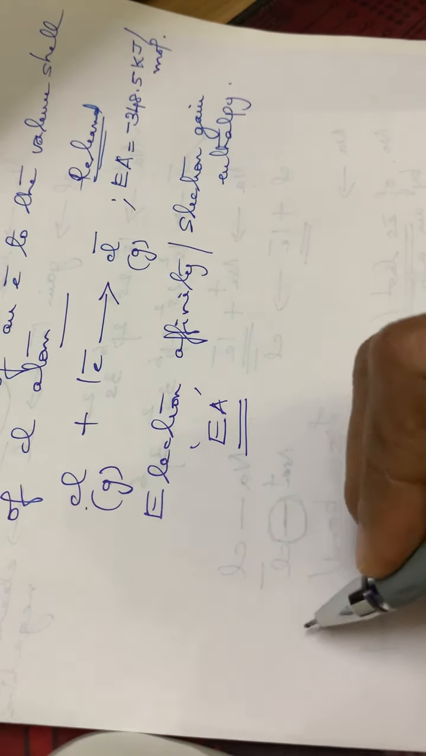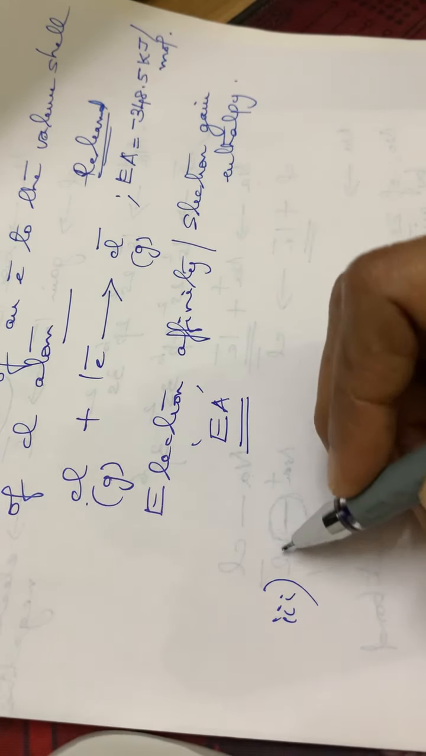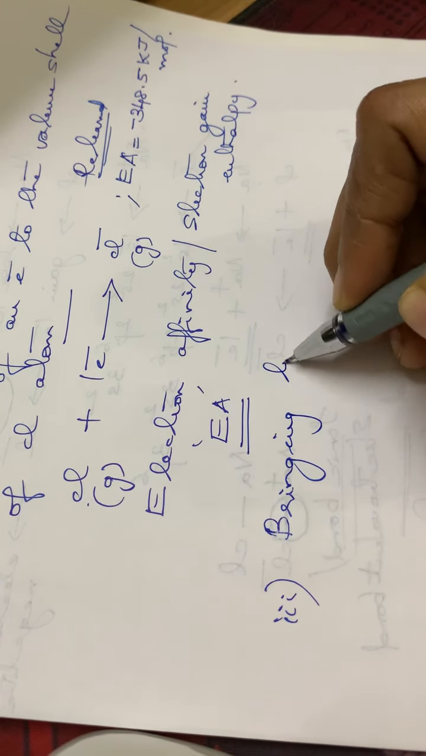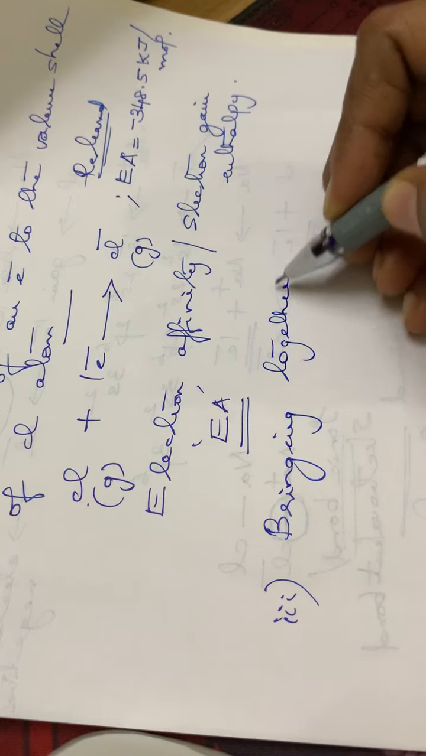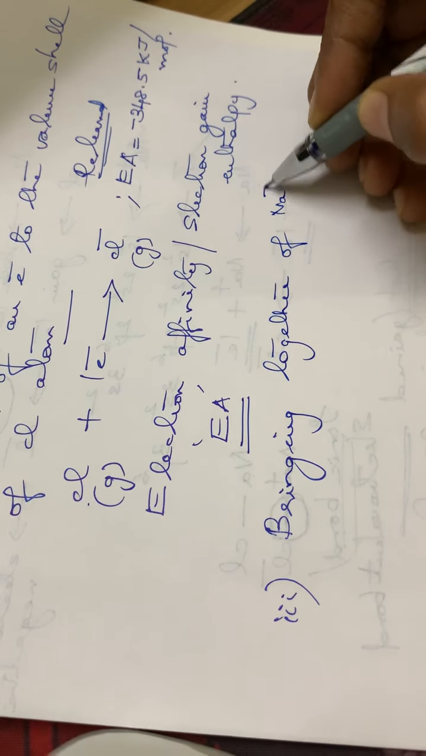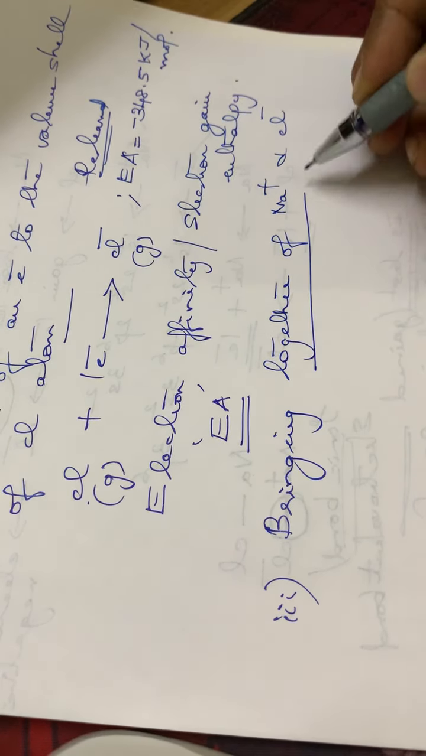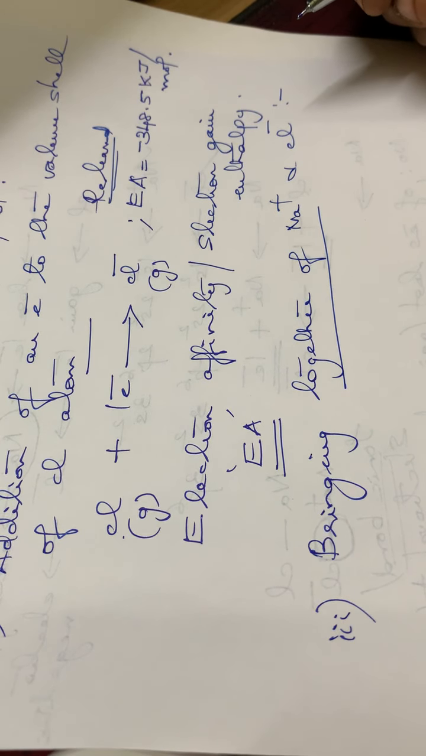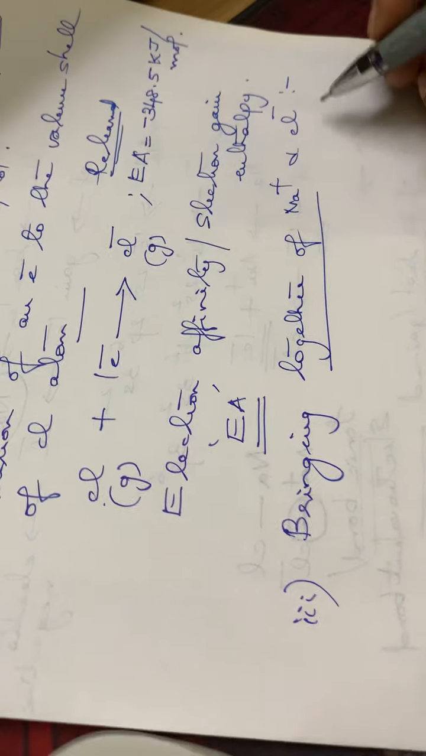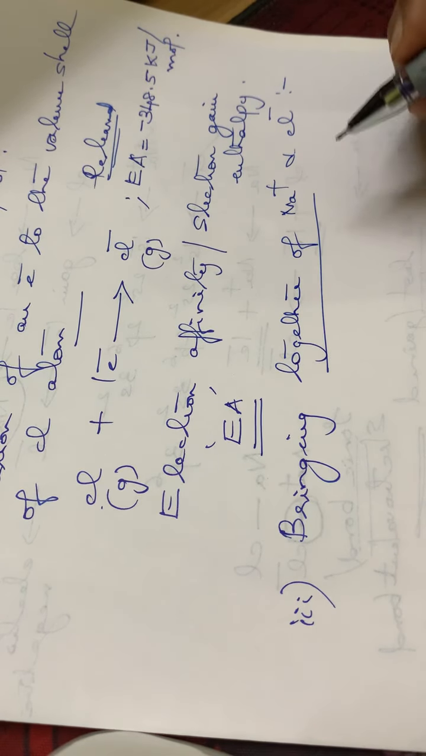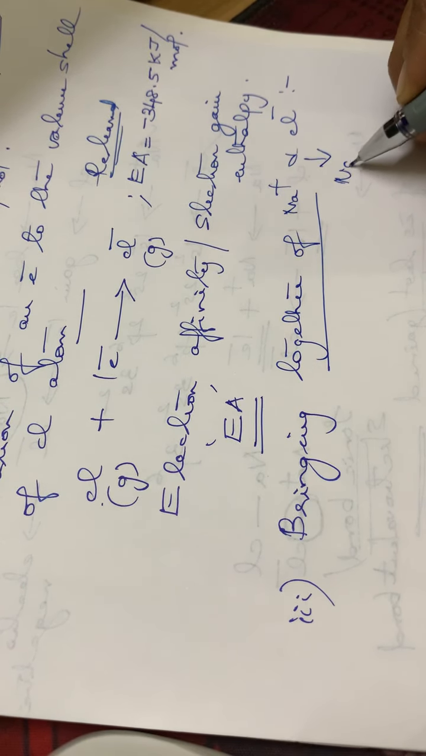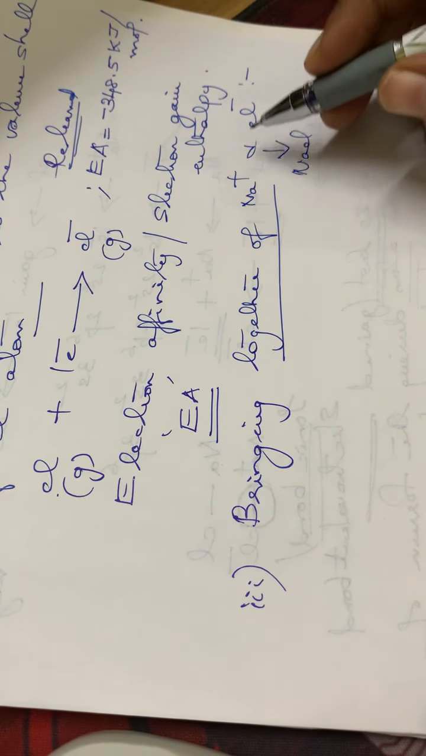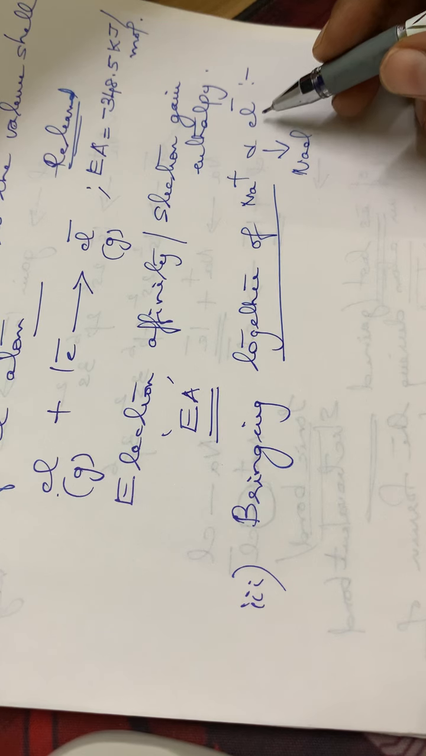Then the next one, the third hypothetical stage, that is the bringing together of Na plus and Cl minus. We have to bring both these ions closer, isn't it? So closer, so that by combining these Na plus and Cl minus, it will be forming sodium chloride crystal. Okay. So here during this process, by the bringing together of both these ions closer together, what